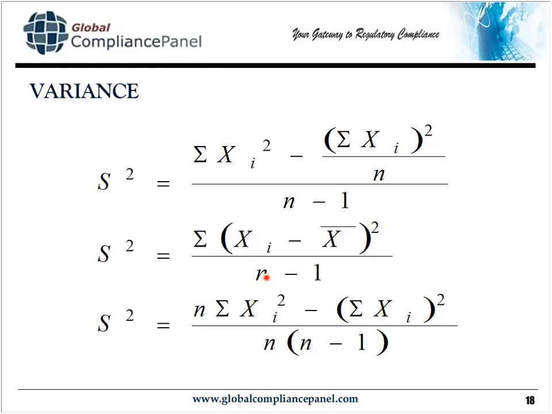Now, let's face it. You get into this thing of, okay, whether to use n or n minus 1. Well, if you have large numbers, say you have 100 replicates here. You have x sub i goes up to x sub 100. It doesn't make too much of a difference whether you divide by 99 or 100. Okay, let's face it, the answer is going to come out pretty much the same.